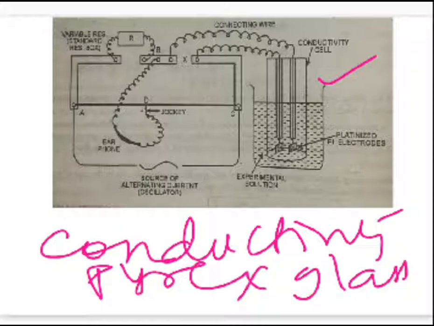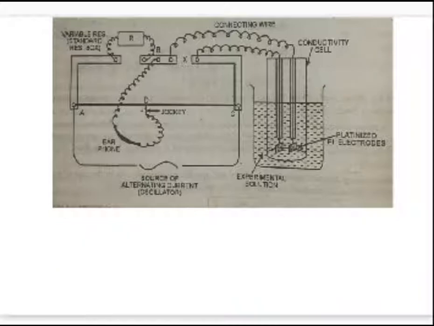Right? Now in this particular case, the most serious problem observed is in the measurement of the resistance, and hence in the measurement of the conductance of the solution of an electrolyte. Where is your electrolytic solution whose value you need to find out? This is the electrolytic solution present within the beaker in which the conductivity cell has been immersed. Okay. Now what is the problem associated here? See, in the Wheatstone bridge method, as we have seen earlier, we were taking help of direct current.